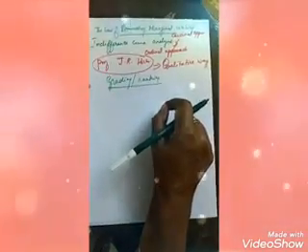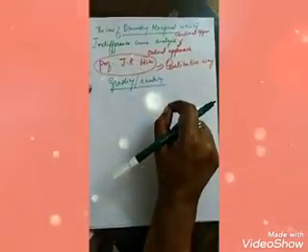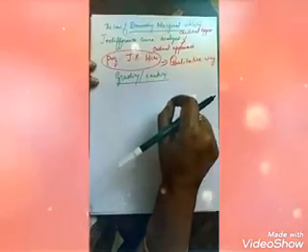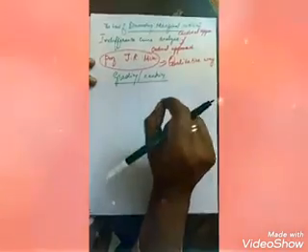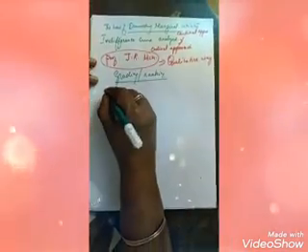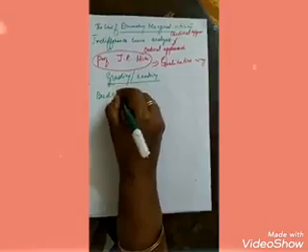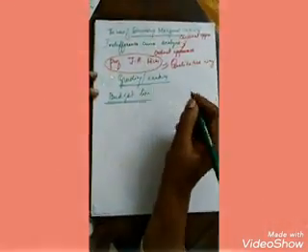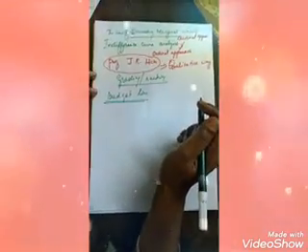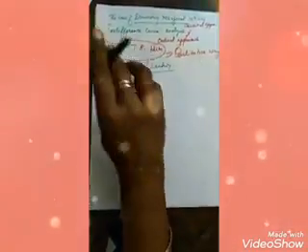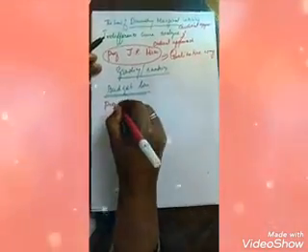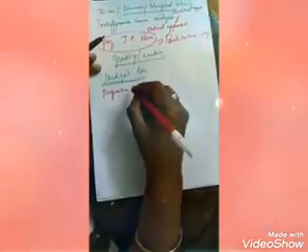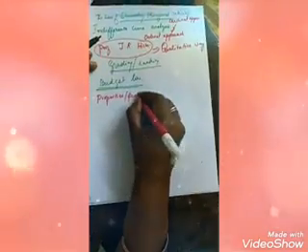Now, how can we derive the consumer equilibrium with the help of the indifference curve? We need one more tool, that is nothing but the budget line. With the help of the budget line, we can derive the equilibrium. But before that, we have to see what the properties or features of indifference curves are.